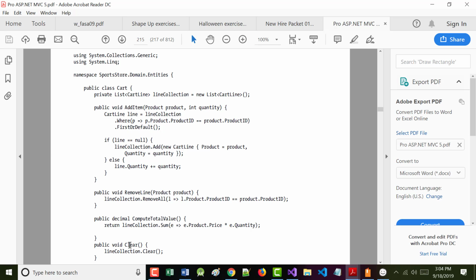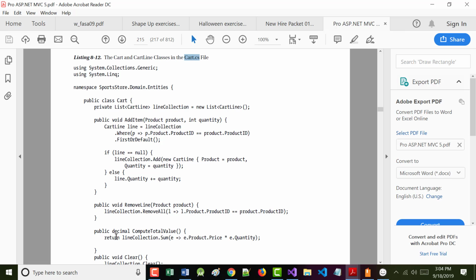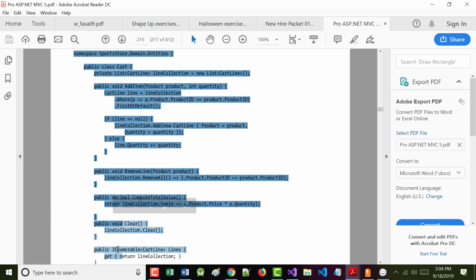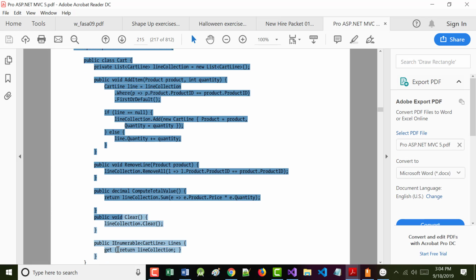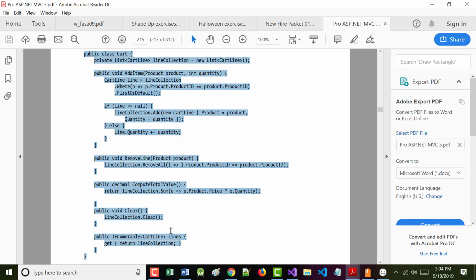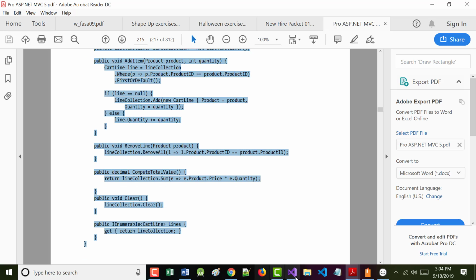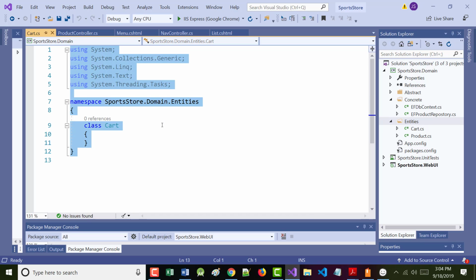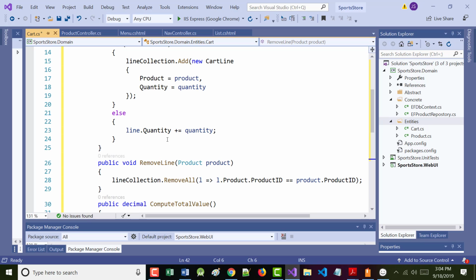Plus, we want the ability to clear everything out of our shopping cart. So I'm just going to grab all of this, copy it to the clipboard and replace what's in here in our class cart with this.